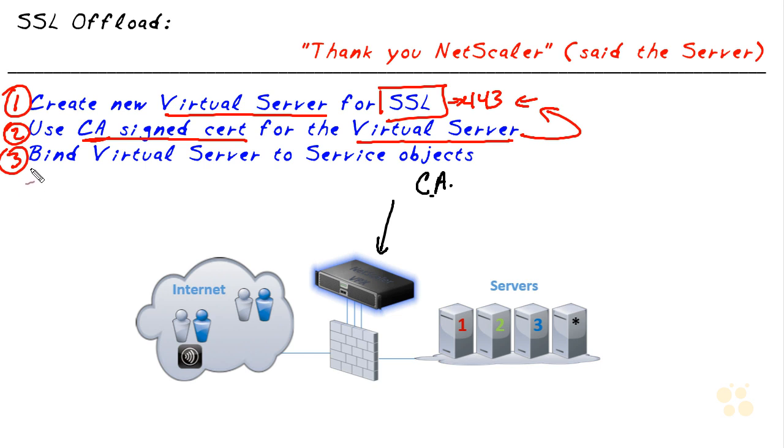And then secondly, we're going to associate that CA signed certificate with that virtual server that we just created. And then step number 3, we're going to bind the virtual server to one or more service objects. In our topology, since we already have HTTP service objects in place for servers 1, 2, and 3, we can just have the new virtual server be bound to those existing service objects. So we'll be doing SSL on the front end between the NetScaler and the client. And then on the back end, the NetScaler will be communicating and passing